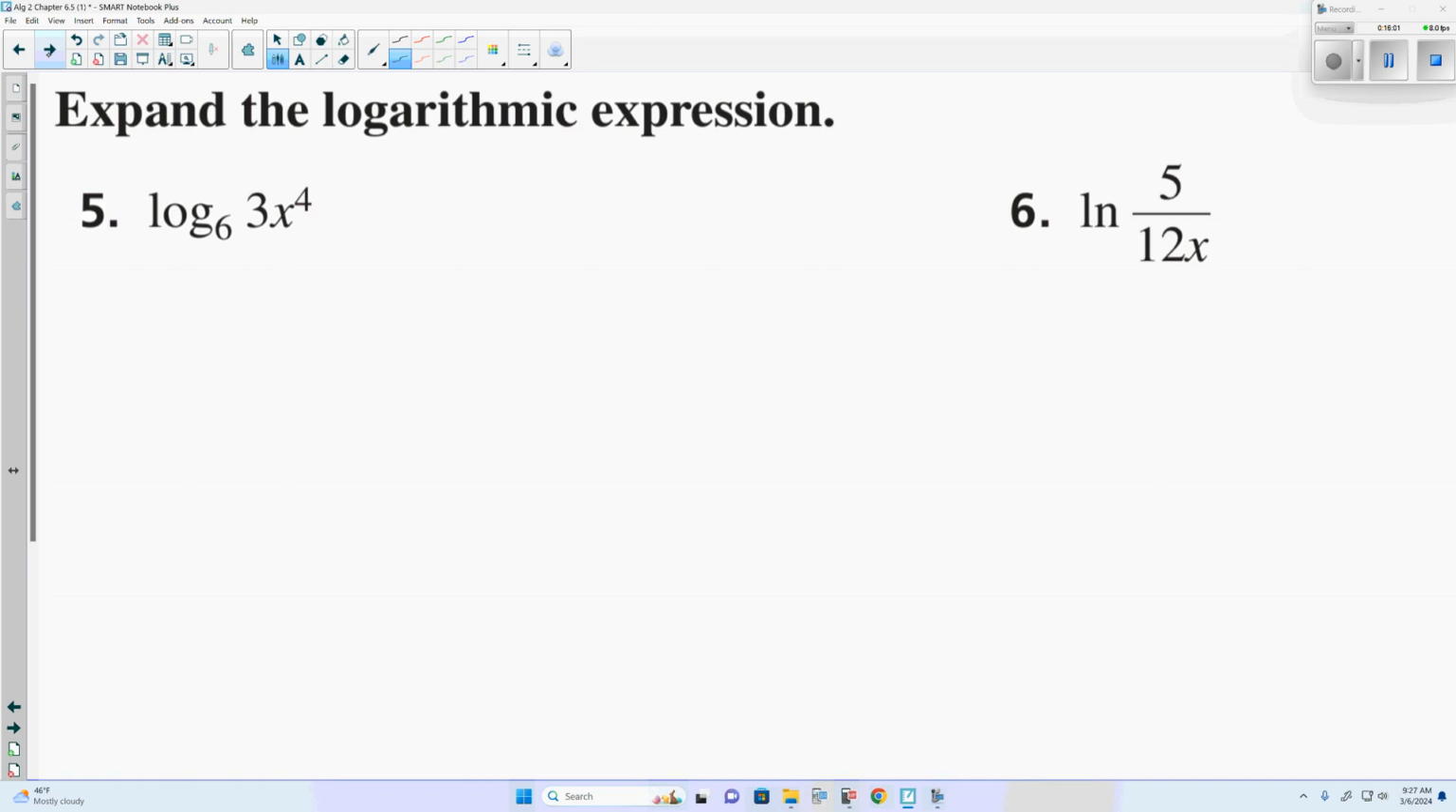Now, we're going to look at number 5. We want to expand log base 6 of 3x to the 4th. So we always start off with quotient, our division. Is there division? No, so we move on to step 2, which is our product. Since we have two things being multiplied, it is the same as log base 6 of our first spot, the 3, plus